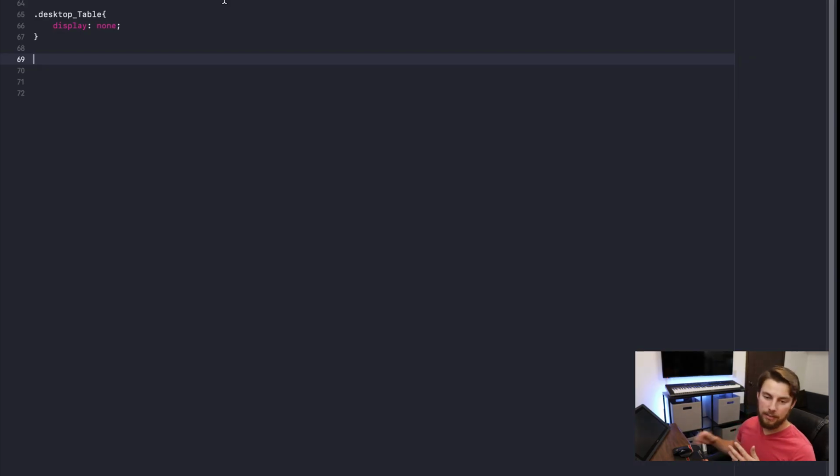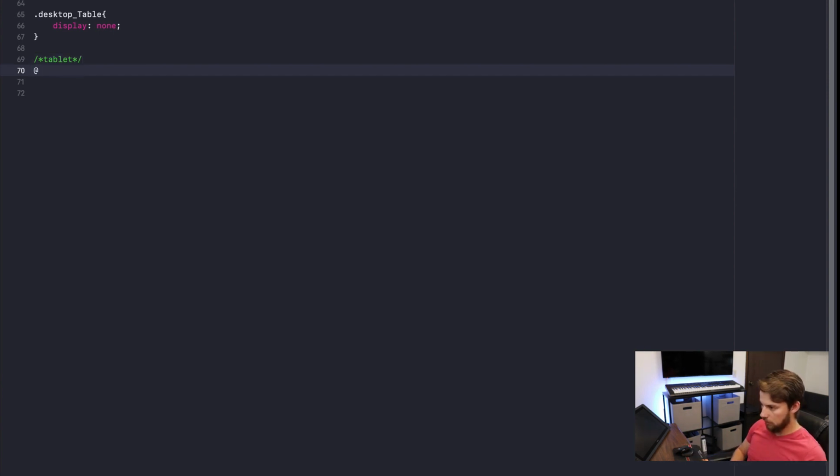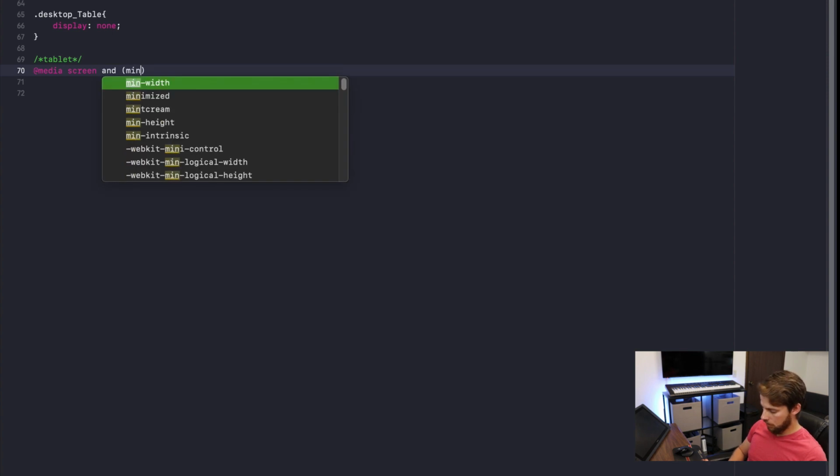So back in our CSS, what we want to do is change certain things based on the different screen sizes that we're going to get. So you want a mobile version, a tablet version, and a desktop version. Now since we built mobile first, we're going to want to then go to our tablet and then to our desktop. And what we're going to do is just type out @media screen and then go into this and say minimum